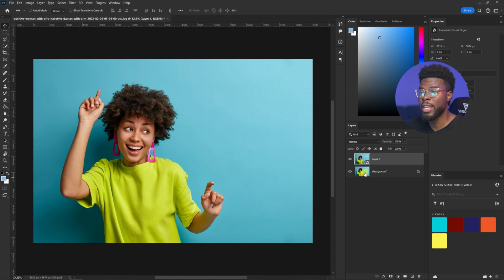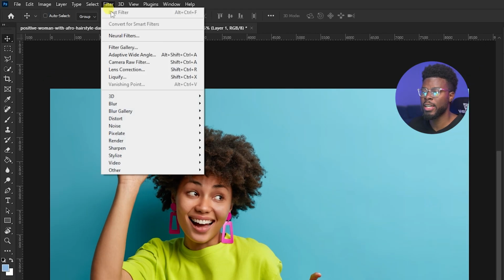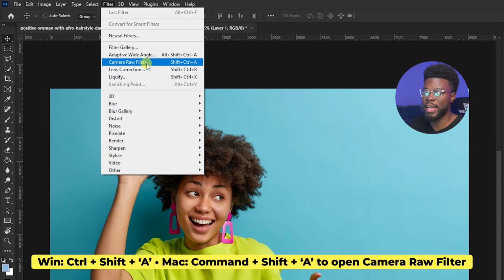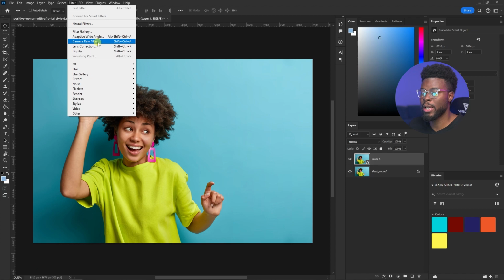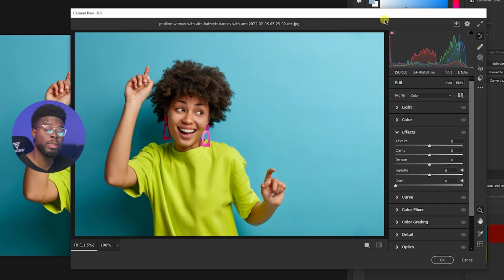So what I'm going to do next is go up to Filter and then Camera Raw filter, or you could use the shortcut that we have here, Shift, Control, and A on your keyboard. Let's go ahead and click that. And here we'll get our Camera Raw filter dialog box, and you can edit your background in two ways, right? You can select the background inside the Camera Raw filter and do some edits, but what we're going to be